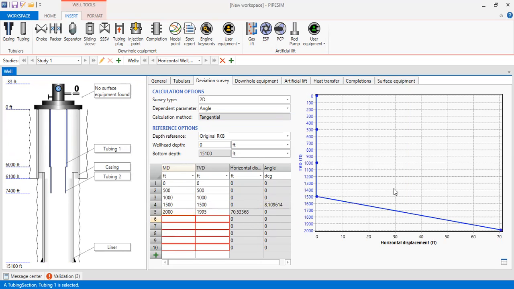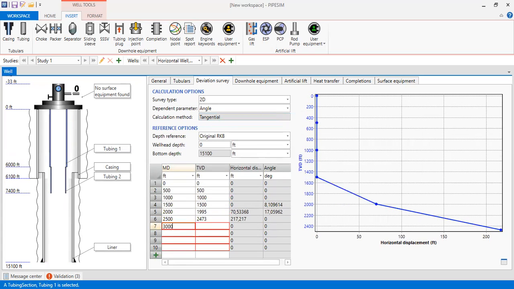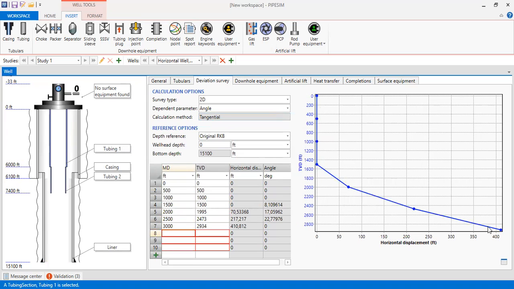All right, we start the deviation, 2,500. Okay, and for the 3,000, yeah, you can feel it, right? You can see it. It turns to horizontal, 3,500,